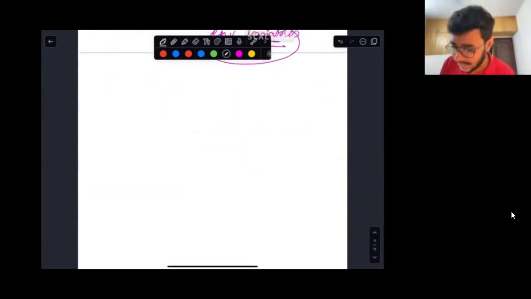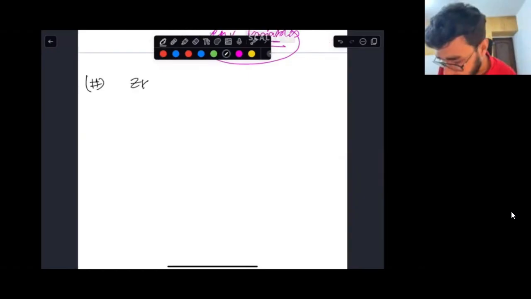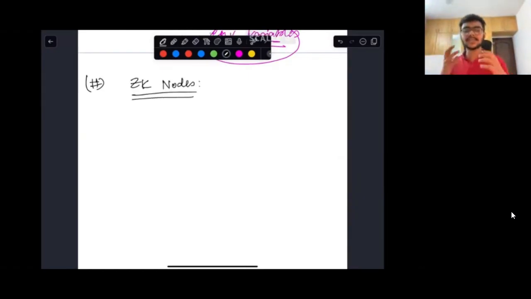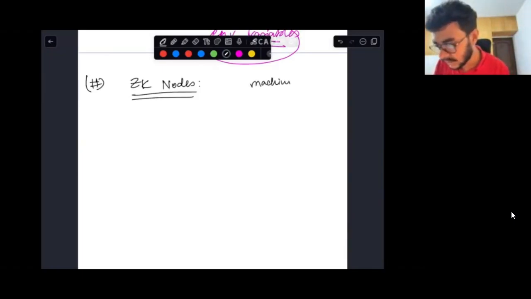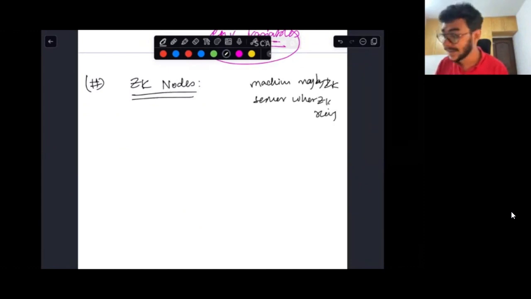So let's discuss the next concept, guys, which is the concept of Zookeeper nodes, right? What do you think is meant by Zookeeper nodes? Can one of you go ahead and type it quickly in the chat? Whatever you feel is the meaning of Zookeeper node. Yes, someone is saying machines managed by Zookeeper. Okay. Server where Zookeeper is running. Correct. Different instances